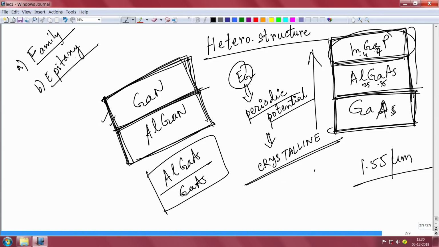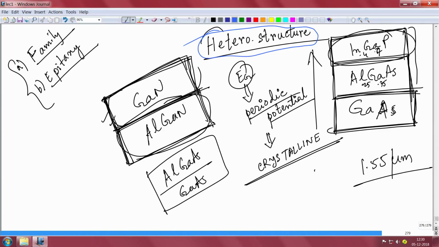And epitaxy is there, and essentially your heterostructure device performance and everything depends on whether you are able to grow or deposit this material, whatever material, as per your desire, as per how you have planned. That is why heterostructure is also about material science as much as about devices. If you do not have a materials understanding to a basic extent, you will not be able to design devices,